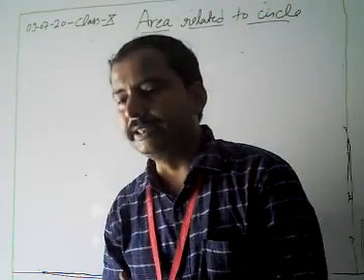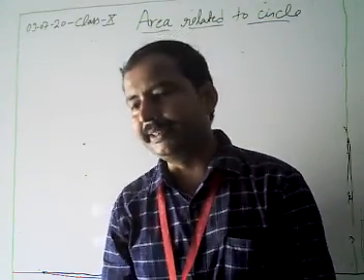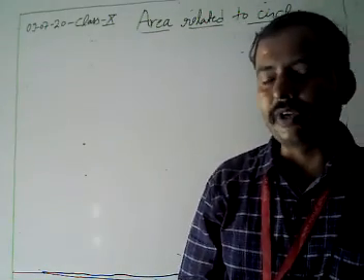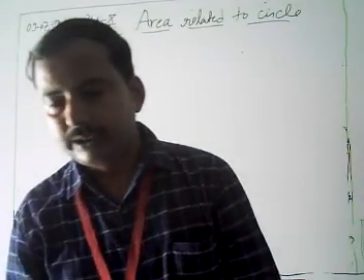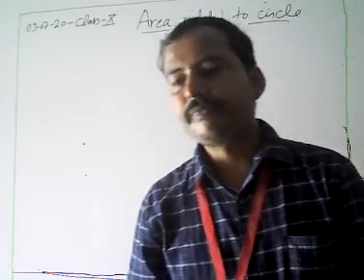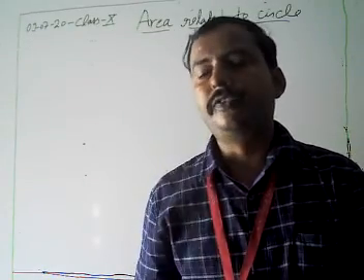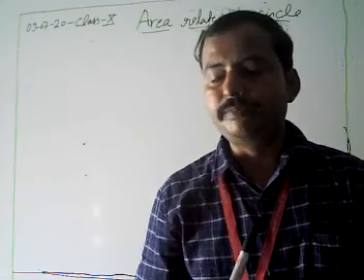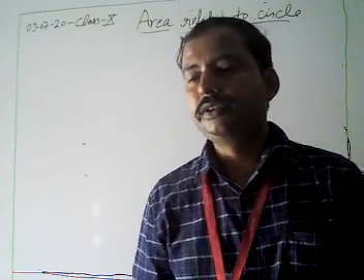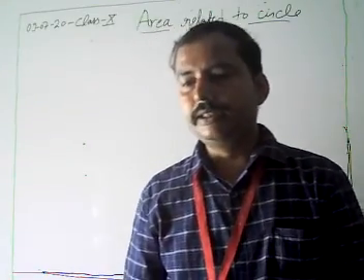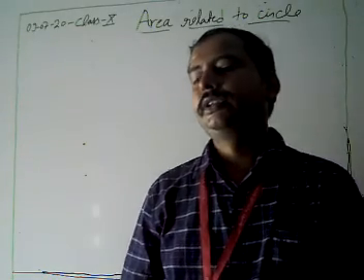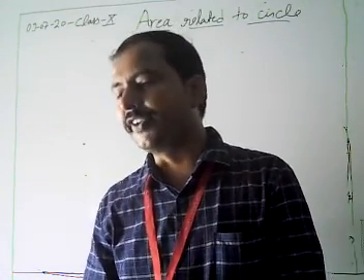First of all, we have seen that the area of a circle is given by pi r square, and then the circumference of a circle. Then we discussed how to get the area of a circular ring, and how to find the length of a segment. Then how can we find the area of a sector, the area of a minor sector, as well as the area of a major sector, and then the area of a segment. After that we saw some problems on the area bounded by compound figures.